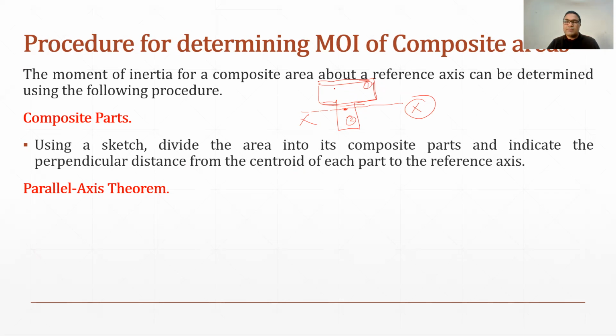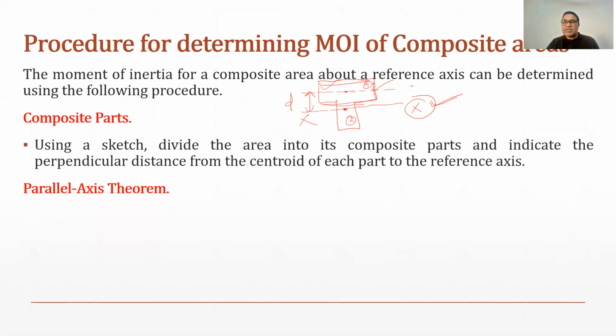So in this case, as in rectangle 1, the CG of rectangle 1 will be somewhere here. We have to find the moment of inertia of this rectangle about this x-axis. Therefore, our first requirement will be to draw a parallel axis which is parallel to the required axis, and determine the distance. What will be the distance?